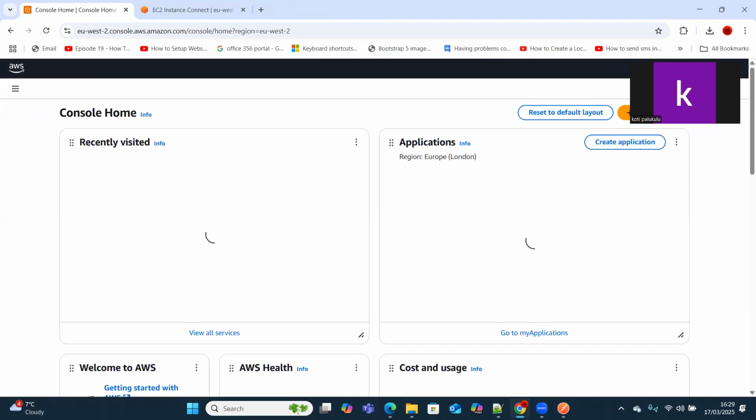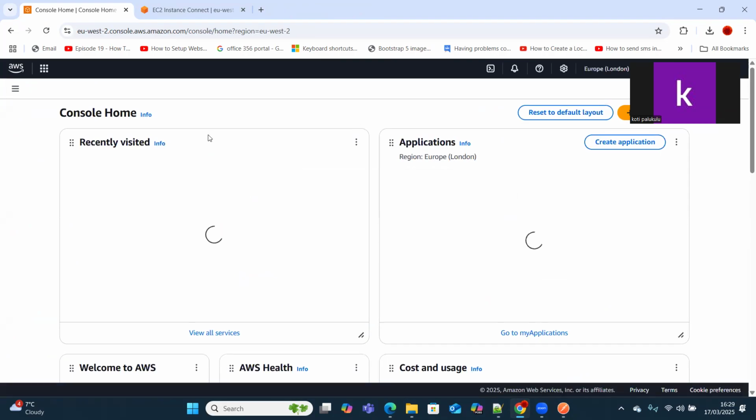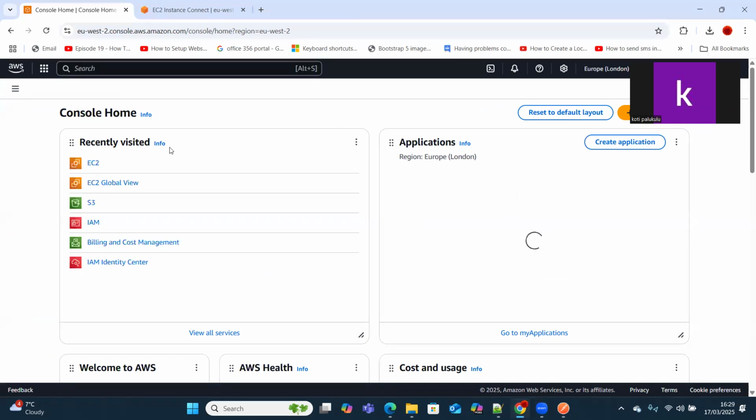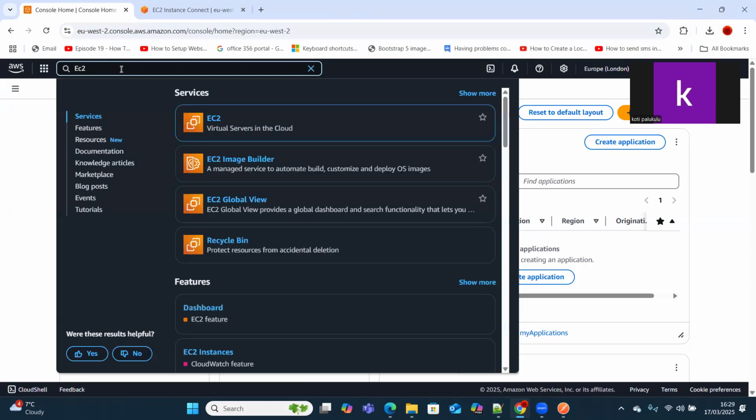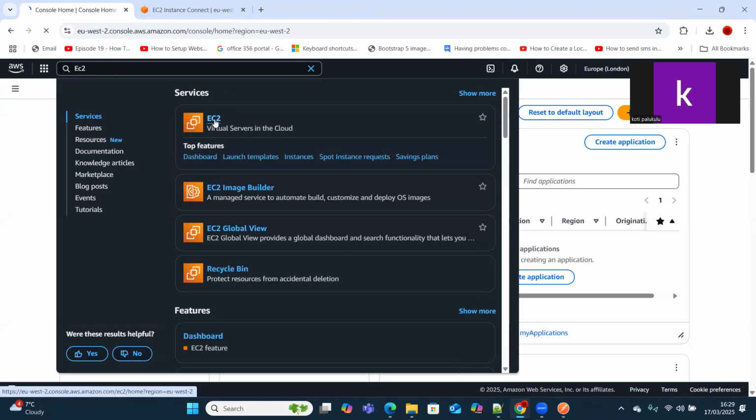So when you log in, as soon as you log in, this is the view you get. Sometimes you are not able to see the recently visited section. Because I have already used EC2, I am able to see EC2 under recently visited. In case you are not able to see it here, you can just search for whatever component you want. In this case I want EC2. Okay, search for EC2,